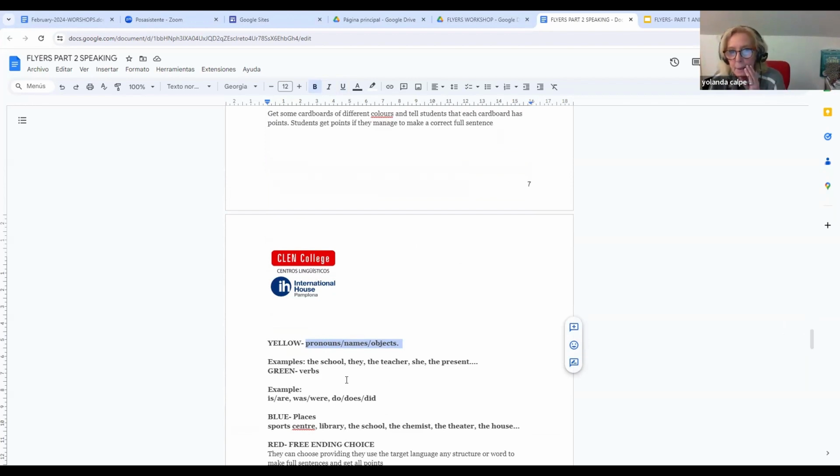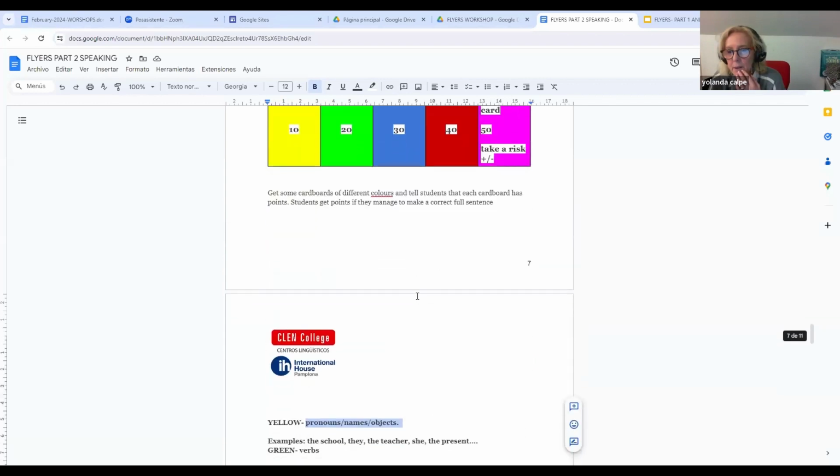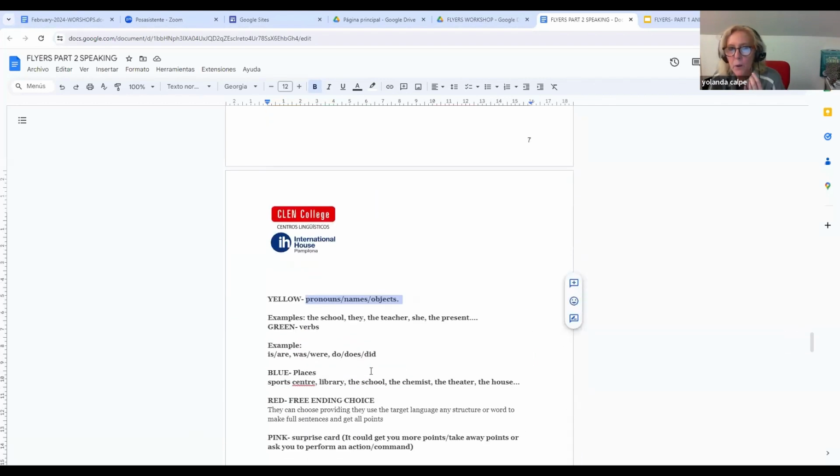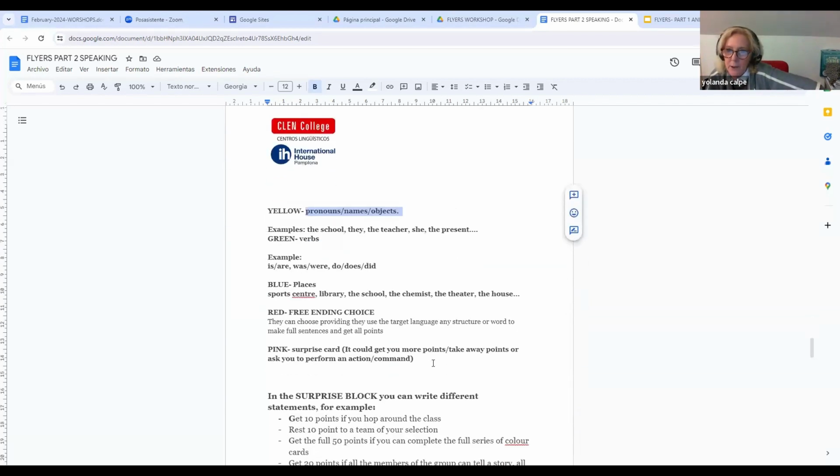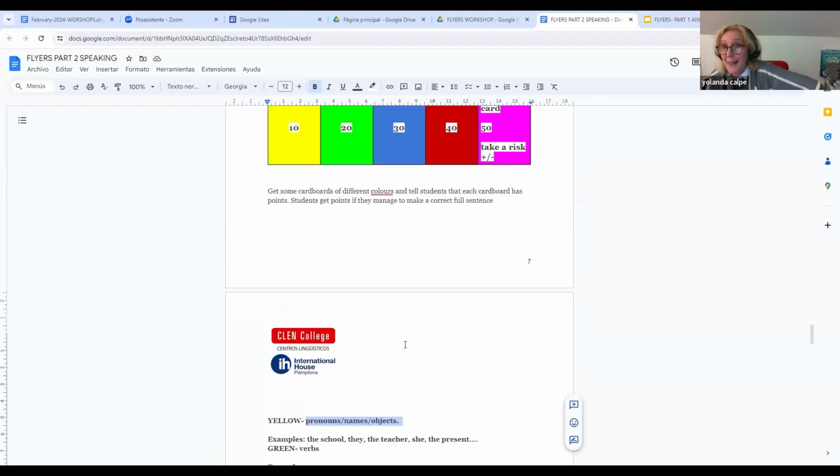The green card will be the verb. Was, is, are, do, does, and so on. Did, whatever they will need in order for a student to complete the task successfully. Blue, places, the object of the situation. In the cinema, in the school, in the library, and so on and so forth. And the red,